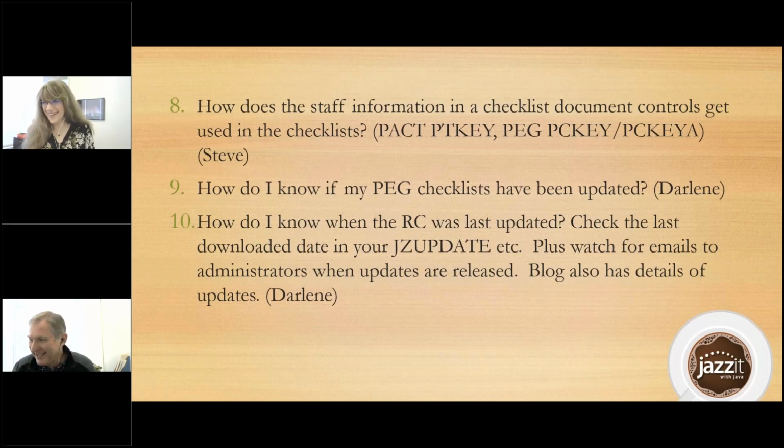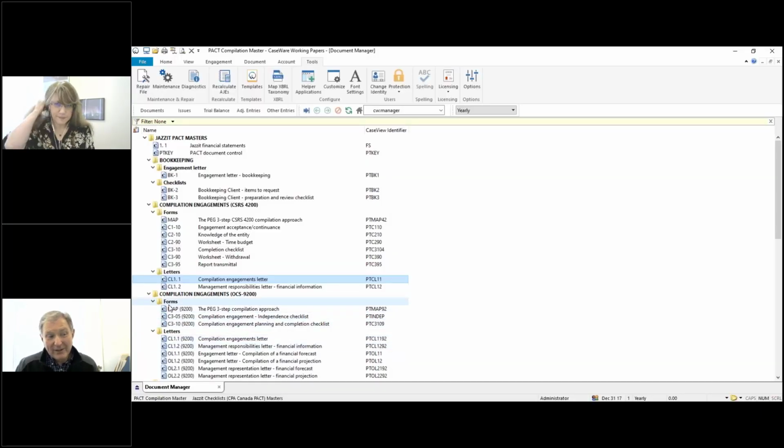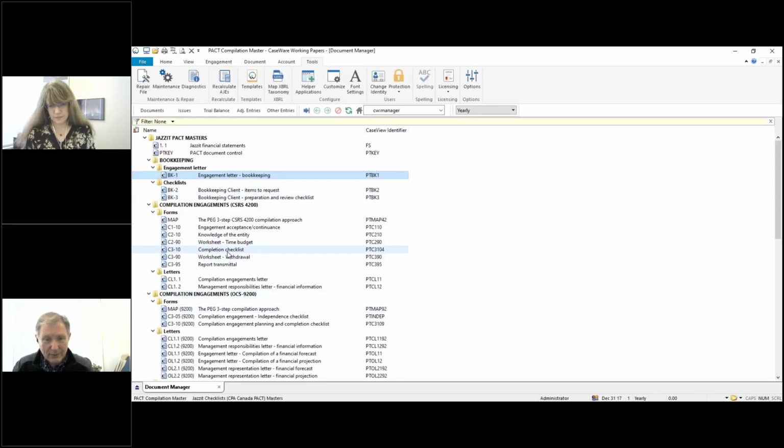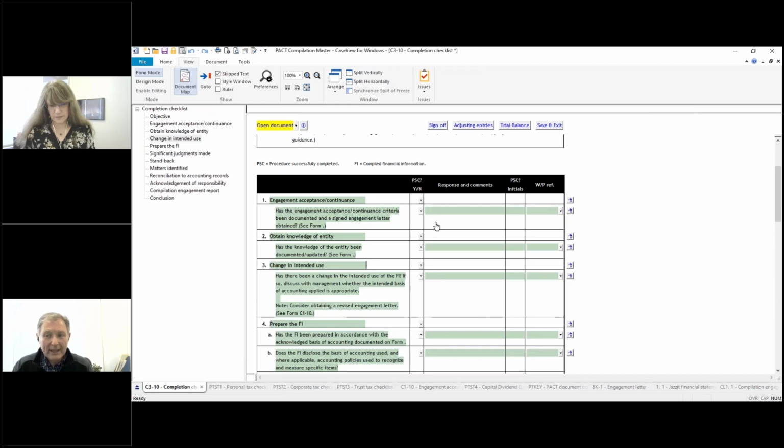Yeah, okay. It is. So I'm just going to go back to the master here. Let me see if I have that open. Okay. Now this is interesting. Remember we copied the financial statements in earlier, right? So right now in a document like this letter, the drop down here actually shows the partners which were available in the RD module because the financial statement is connected to your CalIB. And if I open up a particular checklist like this completion checklist, notice there's no